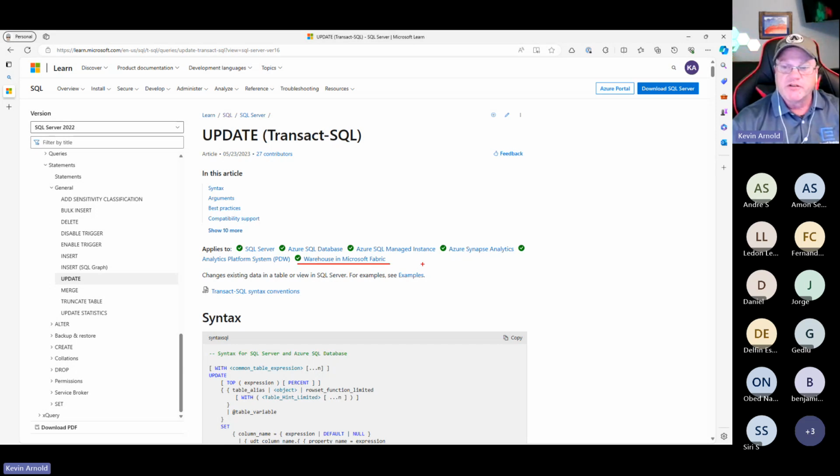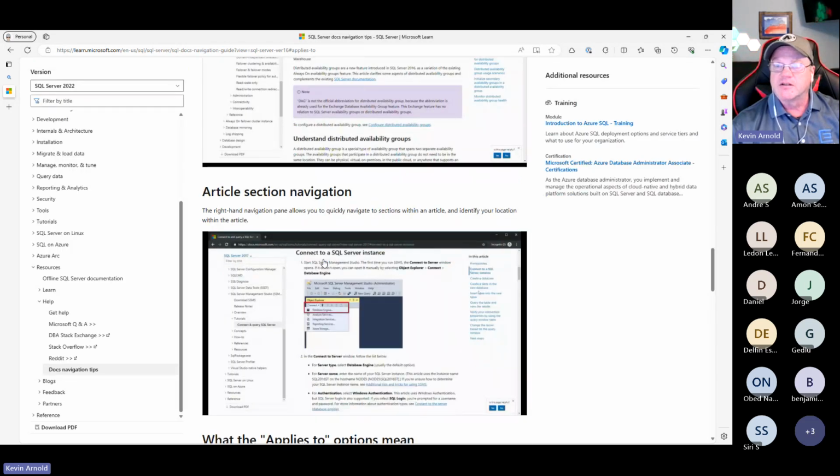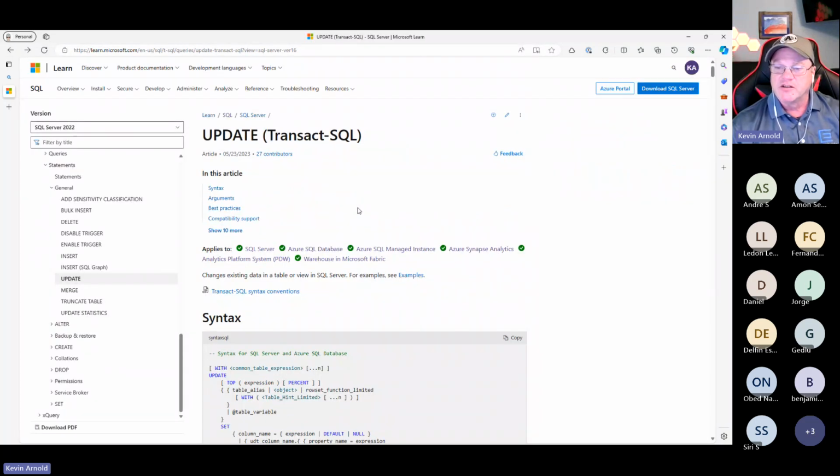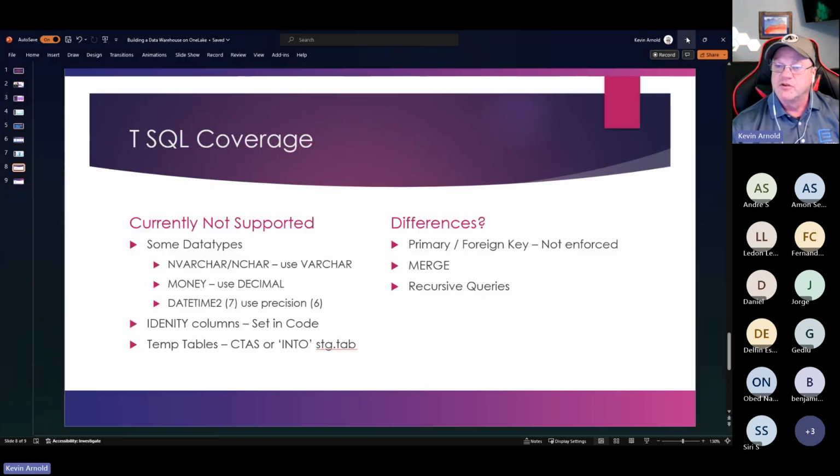So if you're really wondering what some of the differences are, look for this when you're inside the documentation to know what is used. Some things might have a little bit different syntax. I hit one the other day where the syntax or some of the limitations were a little bit different, so it had a separate article for it. So that's how you want to try to figure out what to do with your SQL stuff.